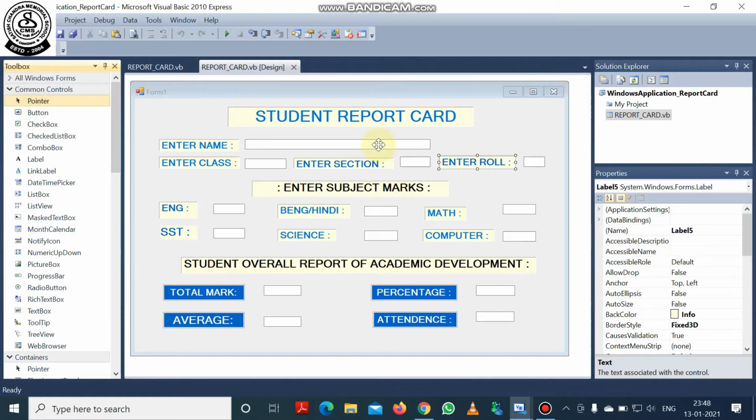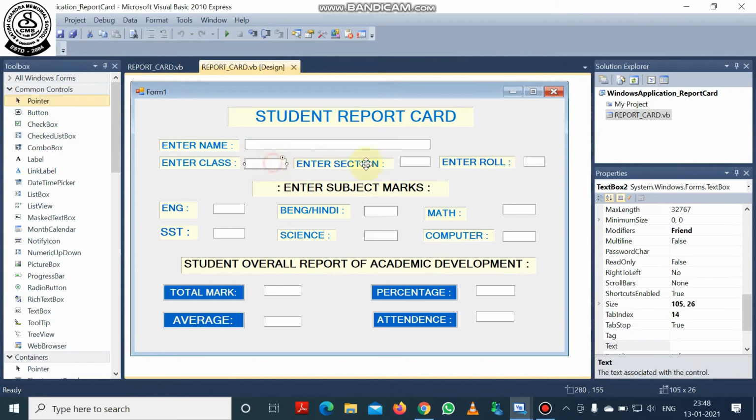So here, 10 text boxes I have taken for the input data, and the last 4 text boxes I have taken to show the output data.